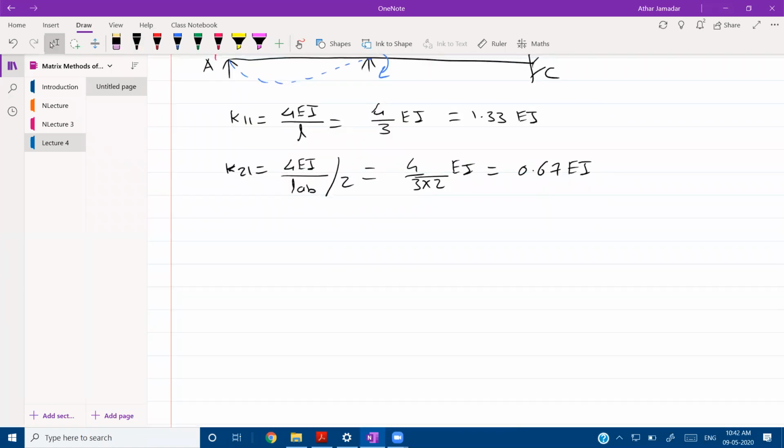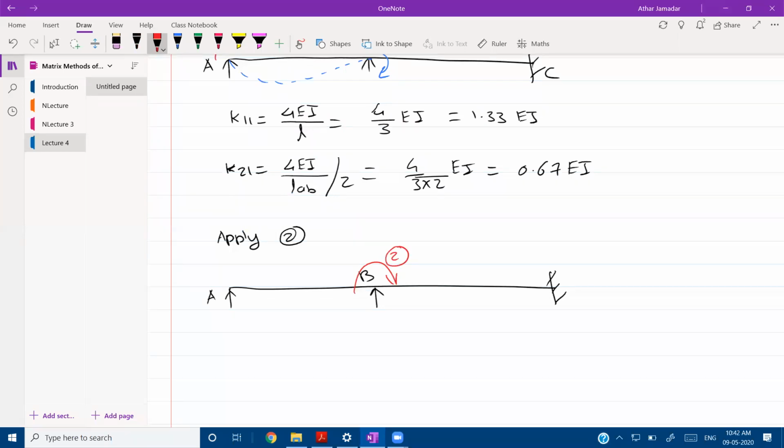Now next we will apply coordinate number 2. So for coordinate number 2, this is A, this is B, and coordinate number 2 is acting in a clockwise direction. So now the deflected shape of the beam for AB and BC we have to draw separately. For beam BC, this arrow of moment or arrow of coordinate is striking from above. So the deflected shape will be opposite of that. And similarly, the same moment will come to AB and will strike AB from below, and therefore this deflected shape will be like this.